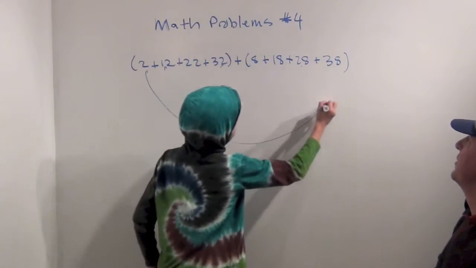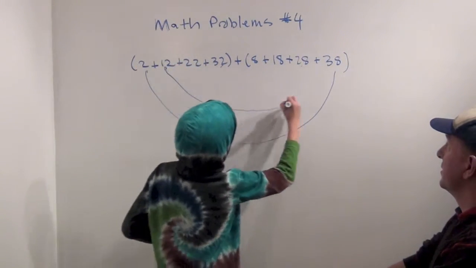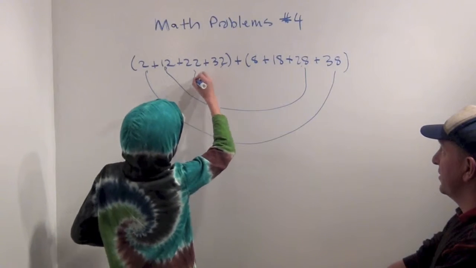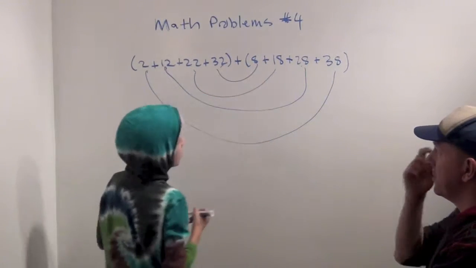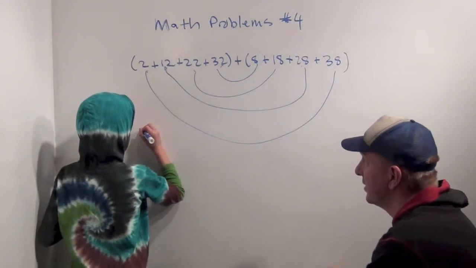What if you did 2 plus 38? Ooh, what if you did that? Then where would you match the 12 with? 28, and 22 with 18, and 32 with 8. Okay, let's see what happens. What do you get when you mash the 2 with the 38? You get